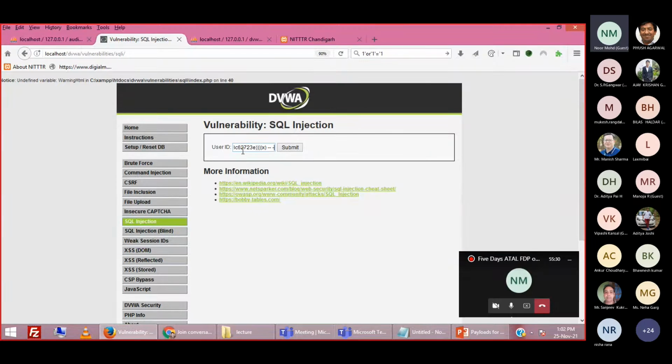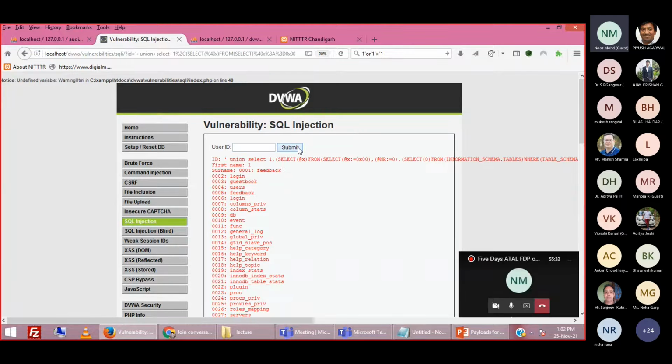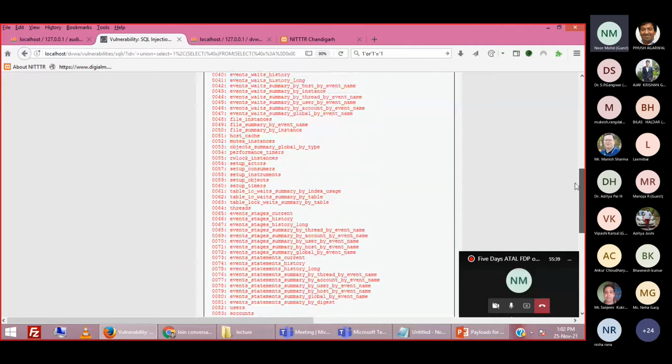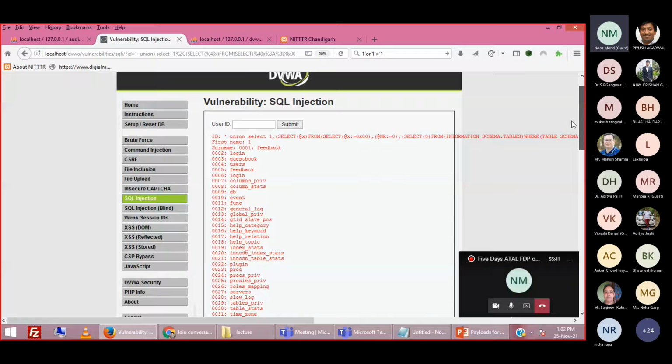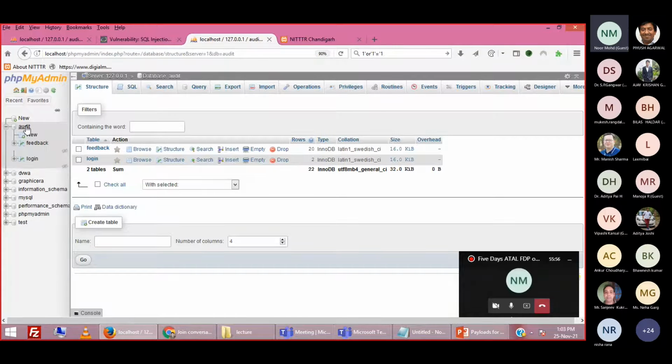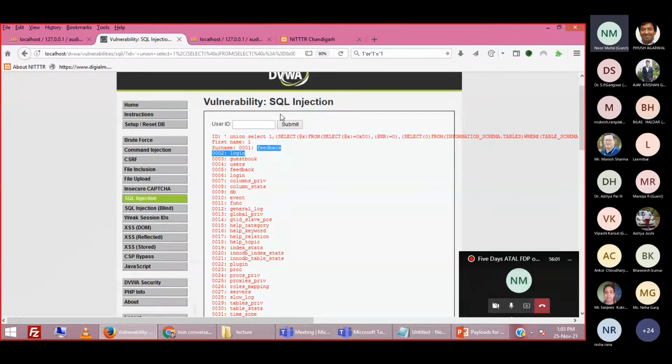When we give this payload to this page, you can see it is giving the table names after combining all the databases. Combined, it is giving a combined list of all the tables. So you can see the first tables are feedback and login. Let me open our database. The first database of our database server is audit, and it has 2 tables, feedback and login. So it is displaying feedback and login.